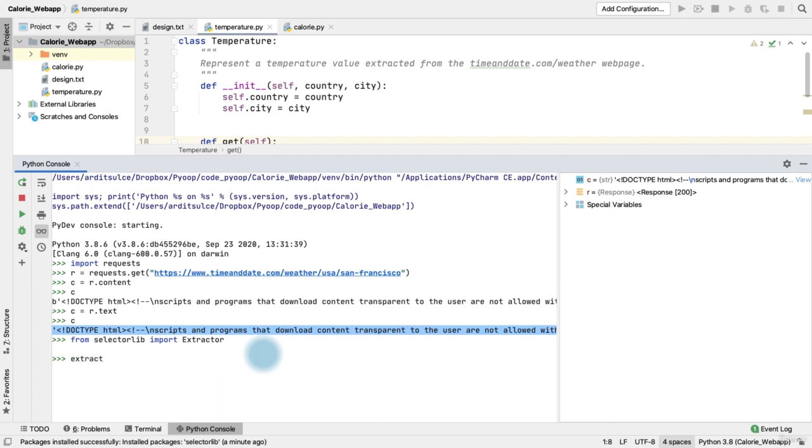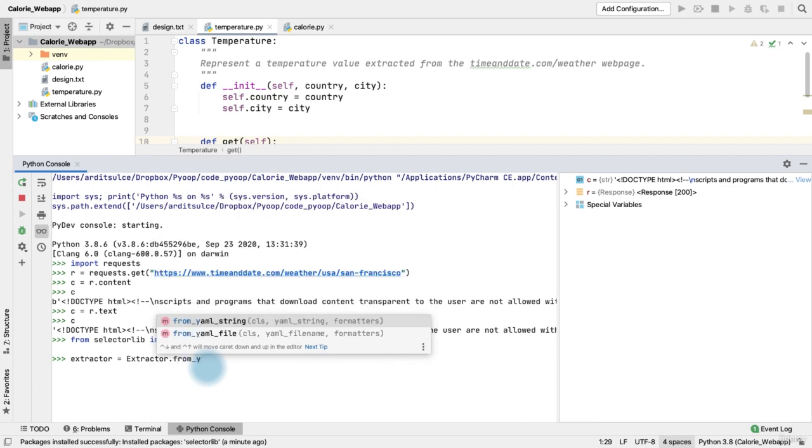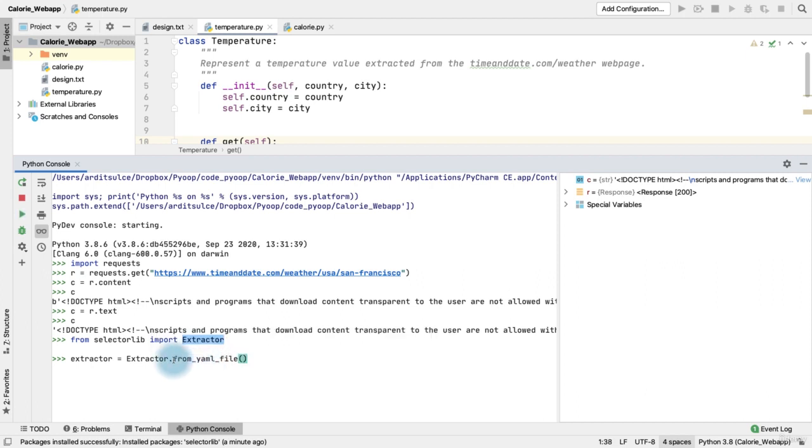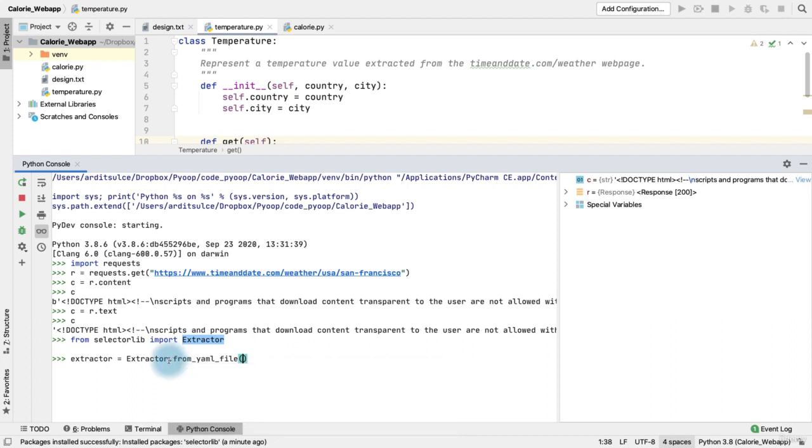We want to create an extractor object instance out of that class, and the way to create that is not by instantiating Extractor, but by calling the from_yaml_file method. So that method is the one that instantiates an Extractor object instance. That happens sometimes, so you don't always initialize a class using the parentheses just after the class name, but a method of that class initializes that class, and this gets as input a path to a file